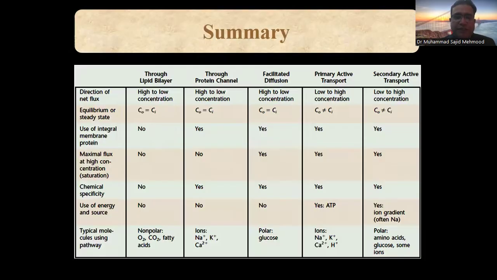So this is the summary of the different processes which are taking place during active and passive diffusion. So here we will finish the lecture